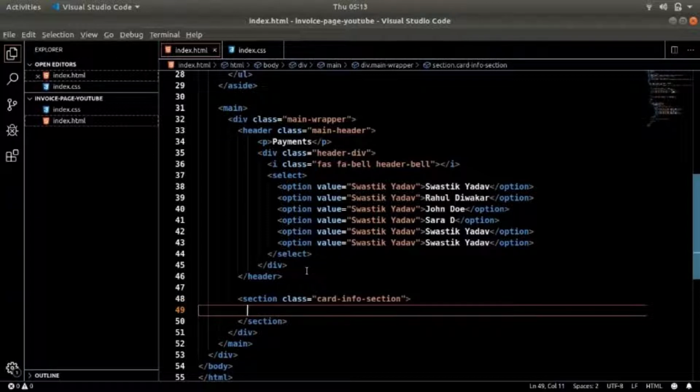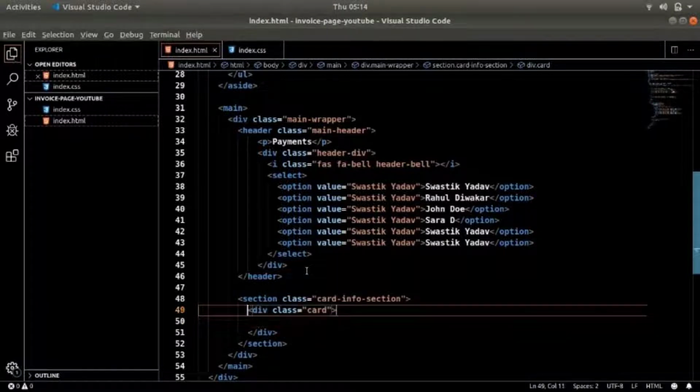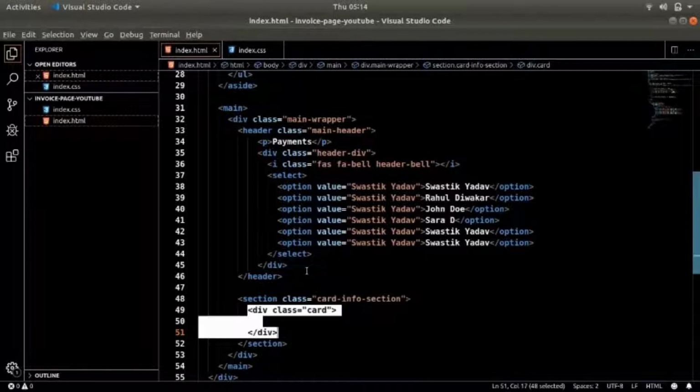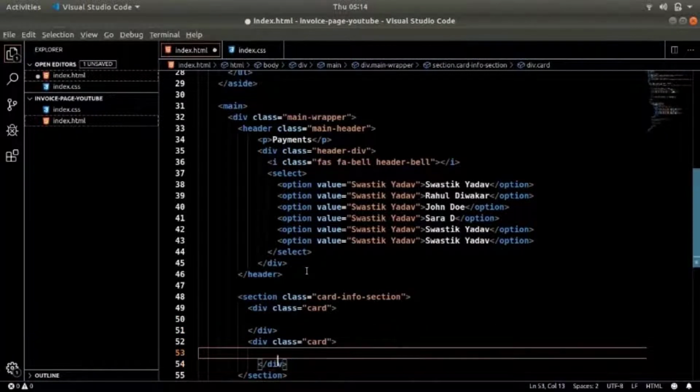Cool. Now, here we need two cards, right? So I'll make two cards with a div. So first we have a div, and I can name it as card, and we will have something very similar, a second card right over here. Okay, this is the second card.